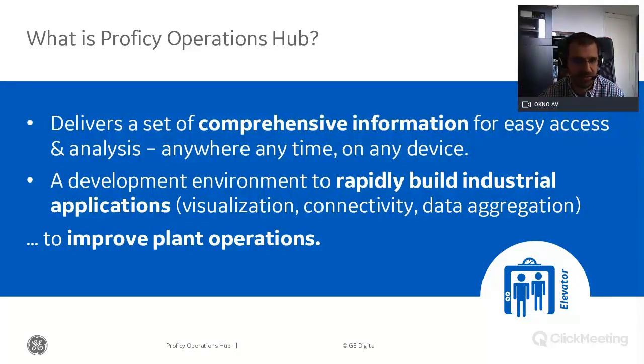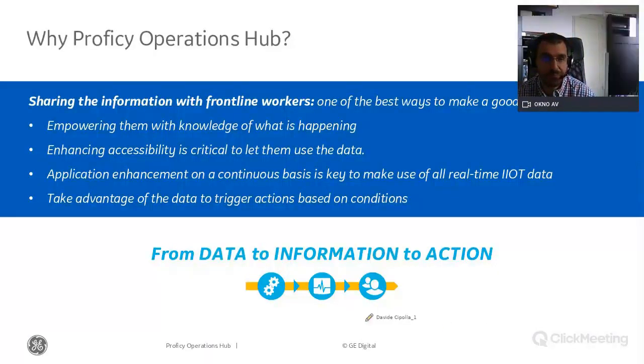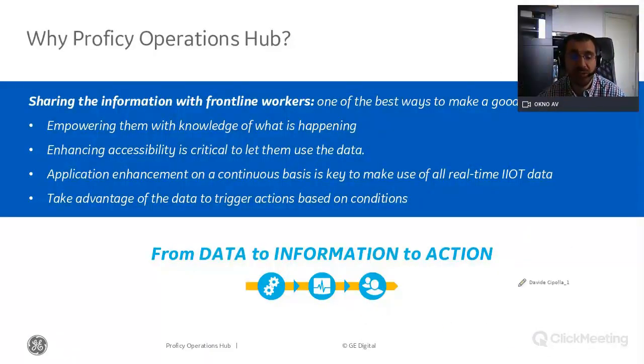You don't want to waste a lot of time on this. And this allows you to have an overview of what's happening and improve the plant operations in the end. As soon as you can build your application in an easy way, you can easily also share it with all the people on the plant. So give visibility to everyone on the plant on what is happening. And this is good because it empowers people. So accessibility to information is important to let them